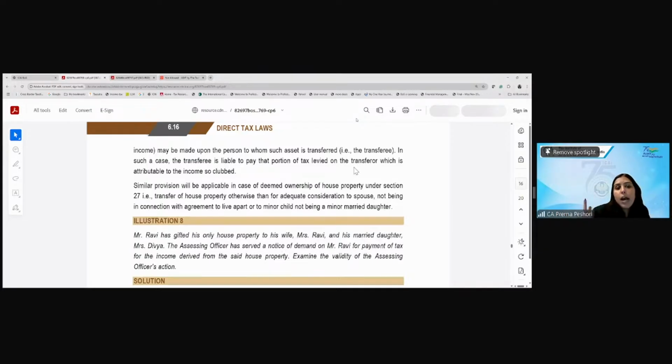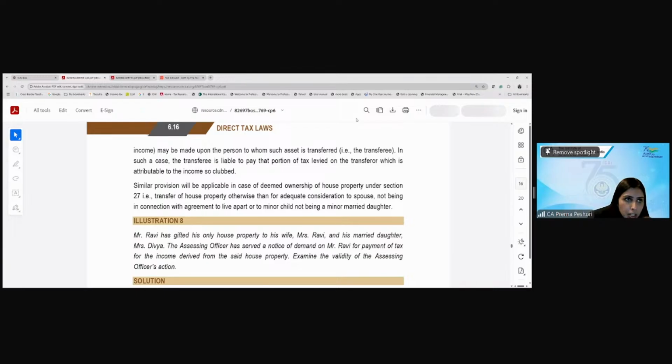Now, in respect of the married daughter, what it says is that the income derived from the house property which is attributable to the share of the property transferred to the married daughter without any consideration would be taxable in the hands of the married daughter. That would not be taxable in the hands of Ravi. There is no clubbing because it is not given that she is minor also. So Ravi will not be responsible for the payment of the tax attributable to the daughter's share. Are we getting it? Now, with respect to the wife's share, though the income is taxable in the hands of Ravi,